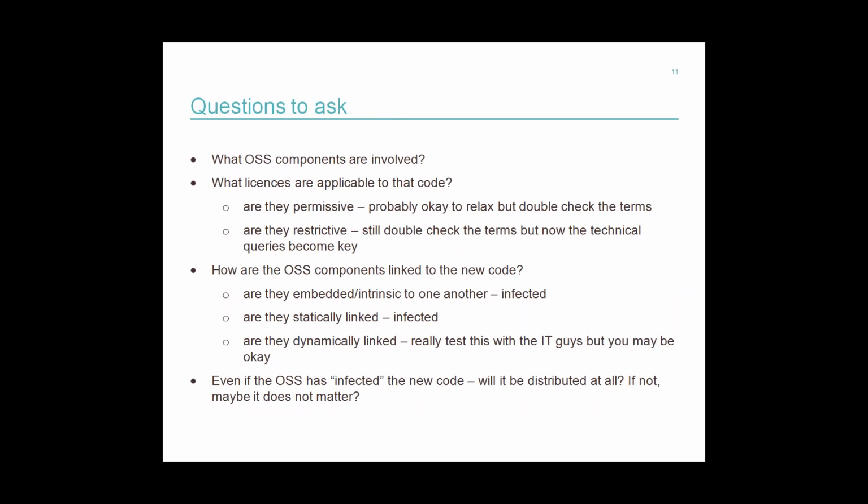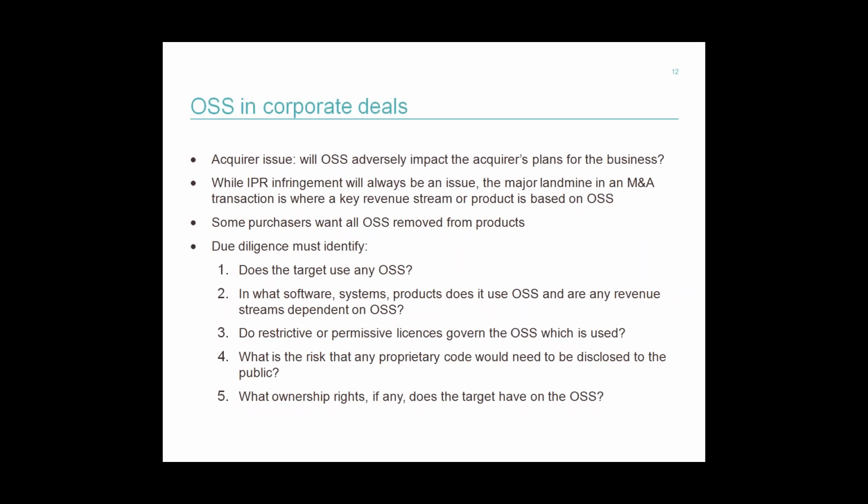The last topic I was wanting to cover, for anyone that does have to look at open source in the context of a corporate transaction, is what is the main issue, and it is that headline issue. Is the company you're buying, especially if it's a tech company, will its ability to generate revenue be dependent on some form of open source software? And that's the main question that's going to drive the other questions or actions that you need to take.